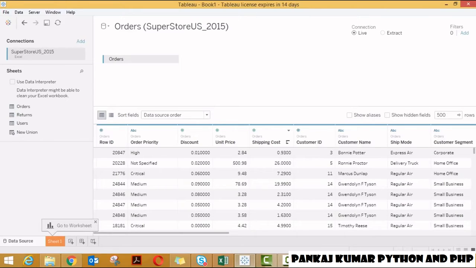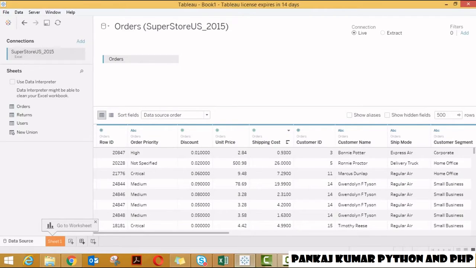So this is the data source tab we have, where I can load all the data. If you want to develop visualizations in a worksheet, you need to click here. This tab will help you generate one empty worksheet where you can create your own visualization. This tab will help you add a new worksheet to your Tableau work area, and this tab will help you create a dashboard. So guys, the difference between a worksheet and a dashboard is that a worksheet has only one visualization, either a bar graph, histogram, whatever, but a dashboard has multiple visualizations connected with each other.